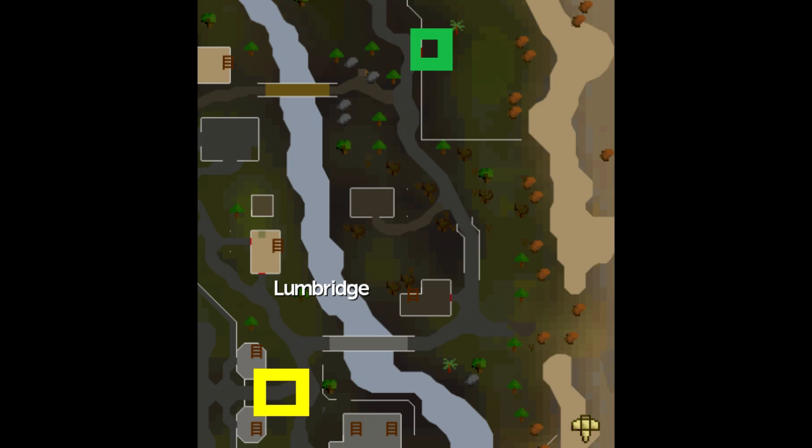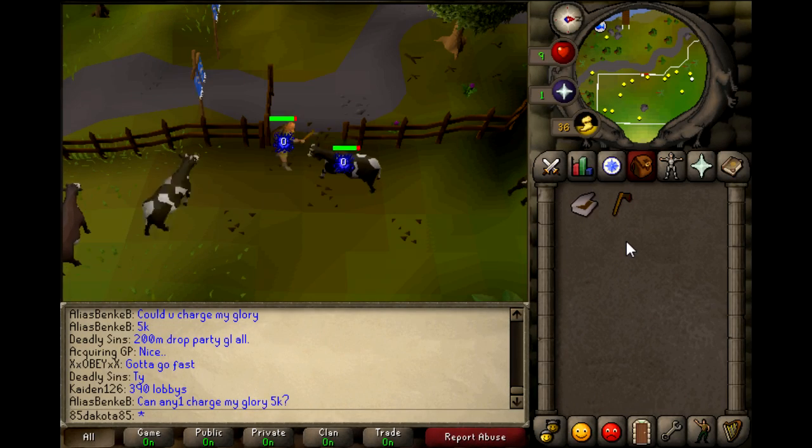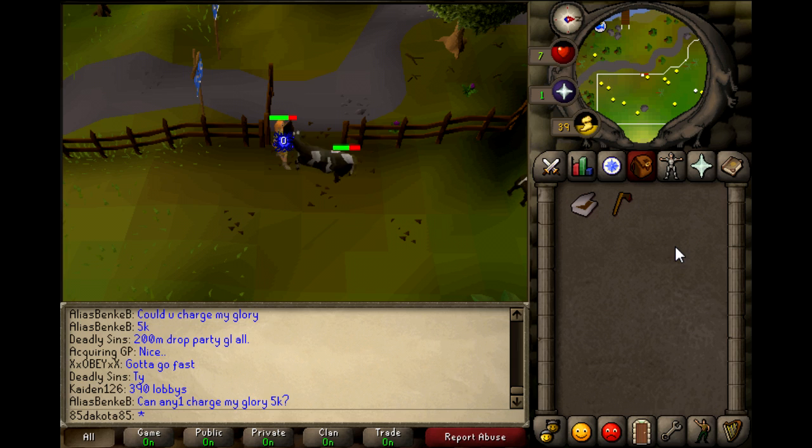The yellow square is your Lumbridge home port, and the green square shows the gates of the fenced-in area that the cows are in. Alright guys, so here we are in the cow's pen, and I'm just killing a cow. I have an iron battle axe and a wooden shield. I'm only combat level 4, so it's not super easy to kill the cow,